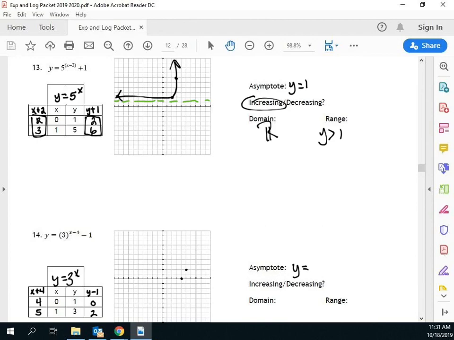Asymptote is, whoa, y equals -1, thank you. Function increasing or decreasing, guys? Where are the dots? If the dots are above the asymptote, it's going to be what? Increasing. Domain. All real numbers. Range, y is